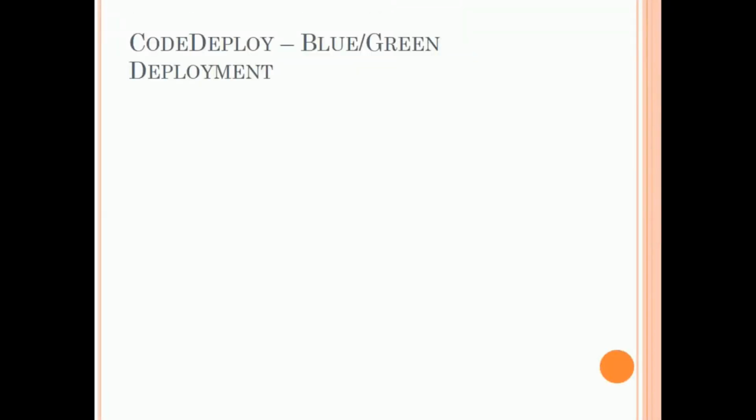So in this lab we will see how we can deploy an application using blue-green deployment, and we will also use CodeCommit and CodeBuild this time to deploy an application. So first we will use the auto scaling group and load balancer instead of the single EC2 instance, because we are going to use the blue-green deployment. So we will require an auto scaling group and load balancer to deploy an application.